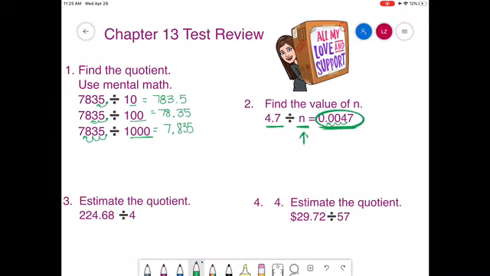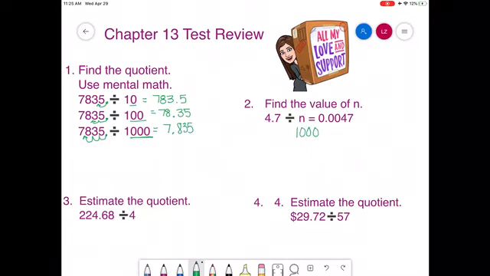So we moved it over to the left 3 times. So what would n be? What could we divide 4.7 by so that we move that decimal over 3 spots? Think about that. You should have realized that in order to move a decimal point over 3 spots to the left, you need to divide it by